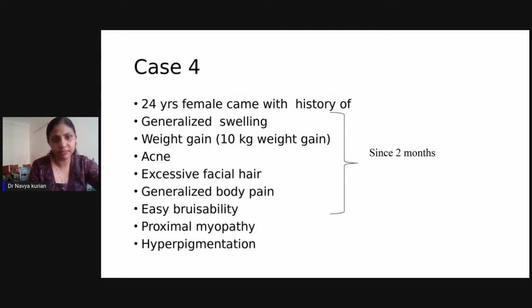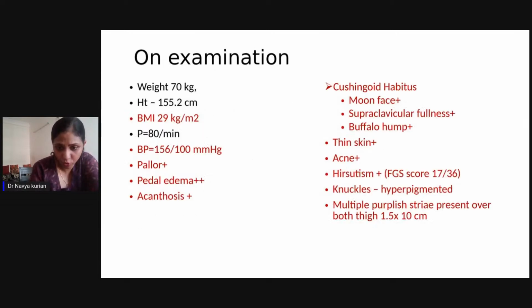Coming to the last case. This case is of a 24-year-old female. She came with history of weight gain, acne, excessive facial hair, easy bruisability, proximal myopathy, and hyperpigmentation. Duration of her symptoms was 2 months. She was obese, she was hypertensive, she had pallor and edema, she had acanthosis, she had Cushingoid habitus, that is,